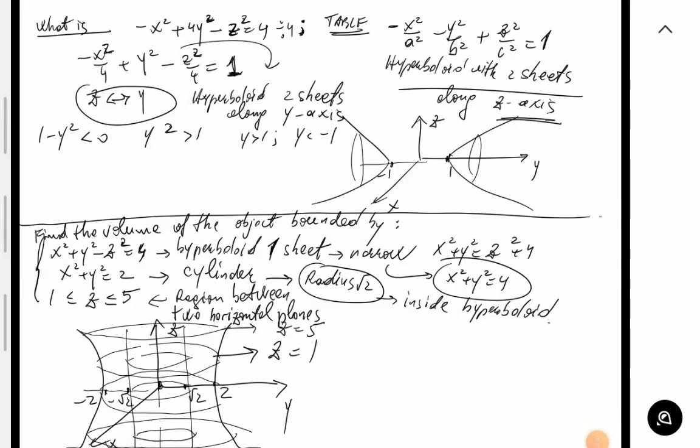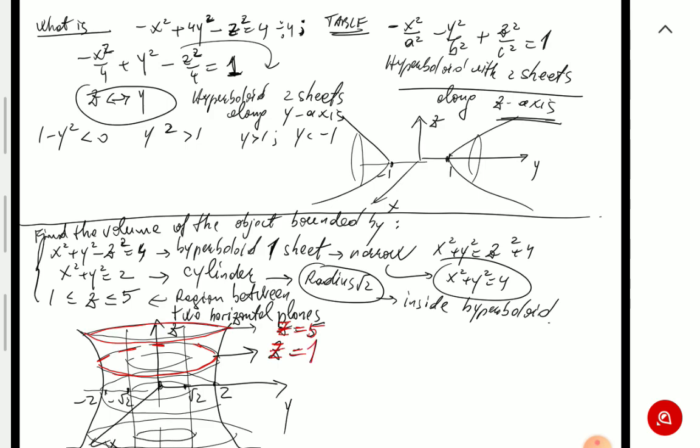Sorry, I cut the recording by mistake. So whenever you do a rough sketch in Calculus 3, you end up making a mess. That's kind of unavoidable. But I wanted to change the color a little bit. So basically the portion described by this problem is somewhere up here, right, between z equals 1 and 5, right? So it's going to be like a tiny portion here. And you make it like that with the red color, right? So the lower level z equals 1, upper level here z equals 5,